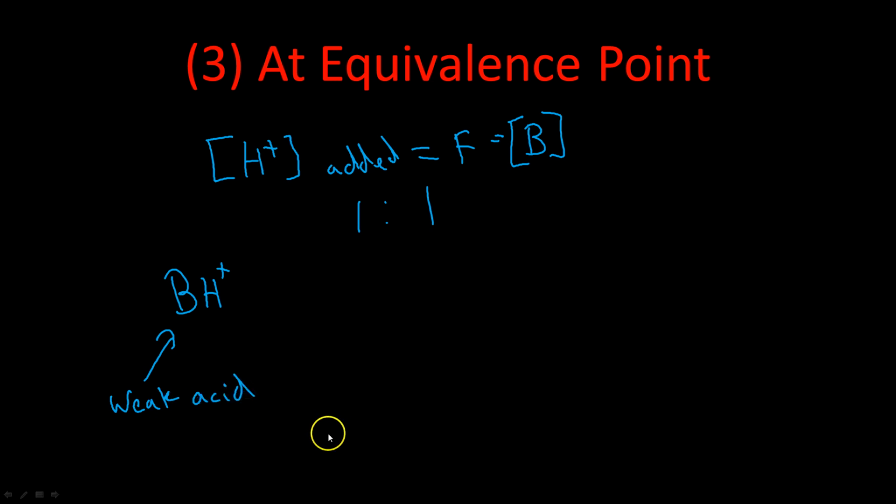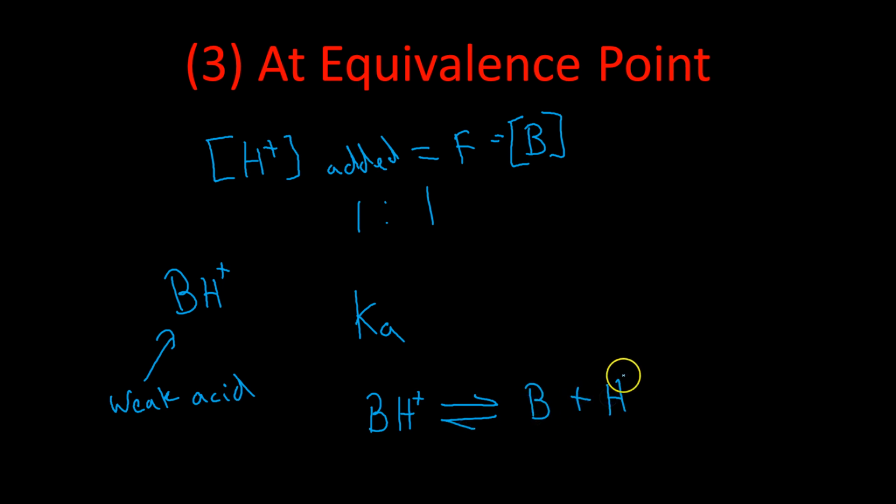And so our weak acid, in this case, will be dictated by a pKa, or a Ka, I should say. In this case, Ka is going to describe this reaction here, where you have BH plus goes to B plus H plus. Okay, and so this equation is going to look like this: B